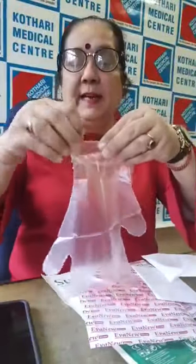This is an ordinary glove. This is just not appropriate to wear to examine the breast because it is flimsy. You can see it here. It is flimsy. Now, when you examine the breast in a clockwise fashion or anti-clockwise, this is just not going to perceive. But a lady should have proper gloves in the washroom to examine her breast clockwise, anti-clockwise, and